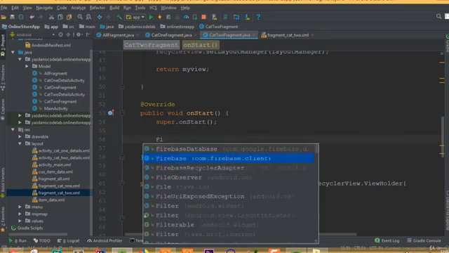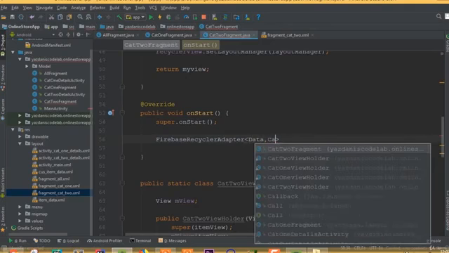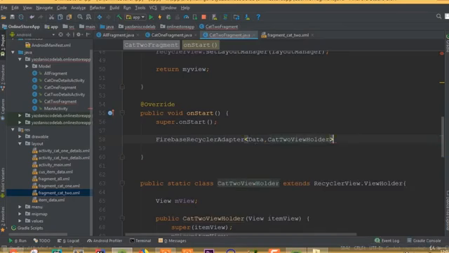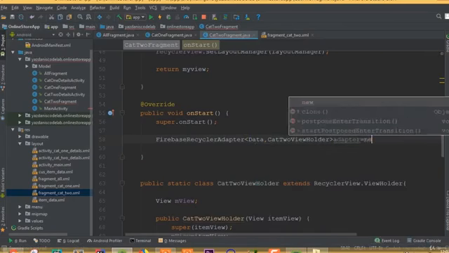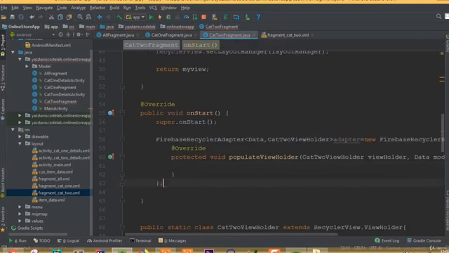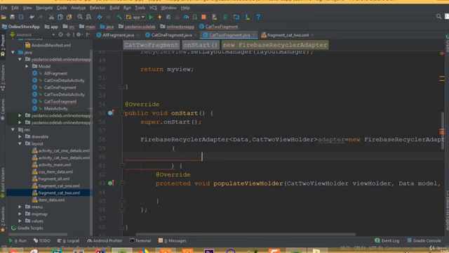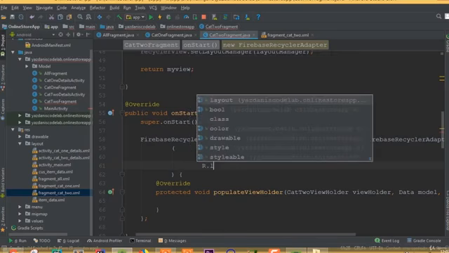So FireBase recycler adapter, first one is our model class name and our viewholder class name cat2 viewholder, and we can call it adapter. It's equal to new FireBase recycler adapter. And now inside this parameter we need to add our model class name. So data dot class,